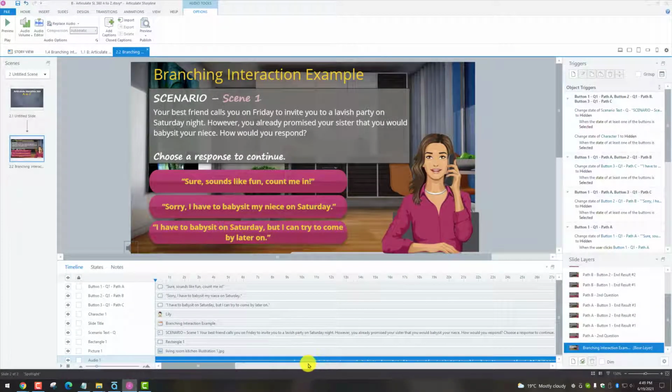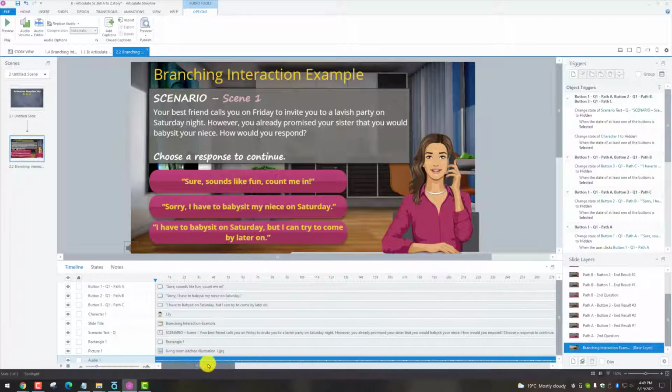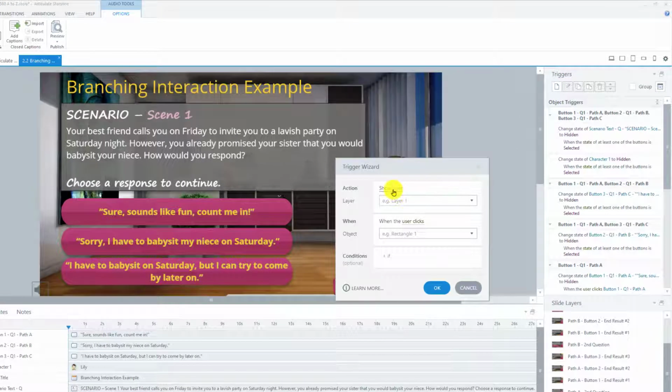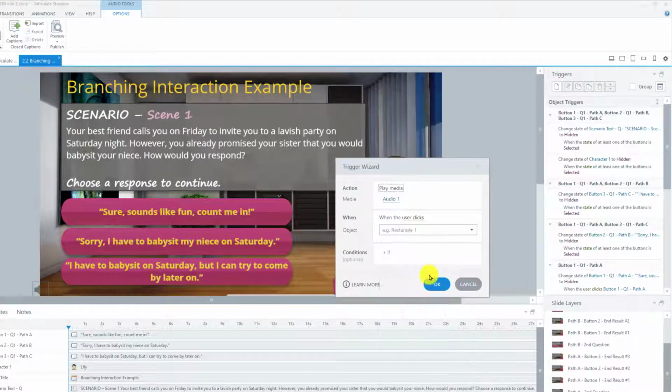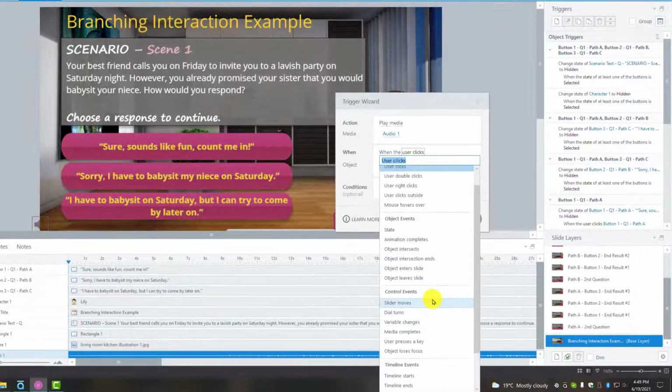Okay, so I've copied in my theme music here. And you can see in the timeline, it goes to about 142 seconds. So if someone takes a while on this slide because there's a lot to click through, or if you want to try different options, it might stop, right? So first let's just create a trigger to have it play. Okay, so play media, audio 1, when the timeline starts